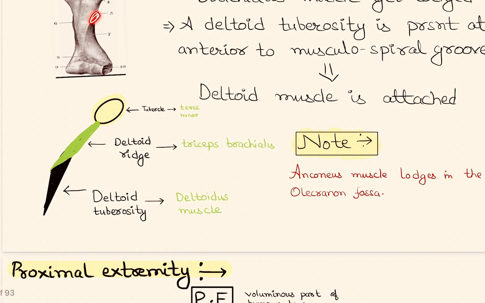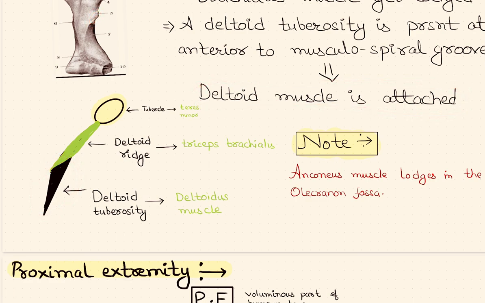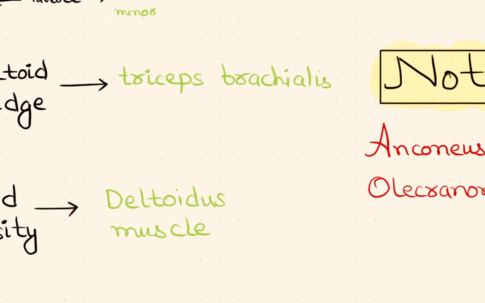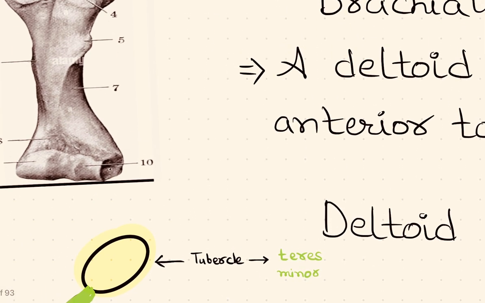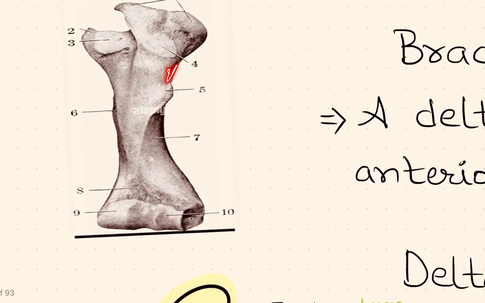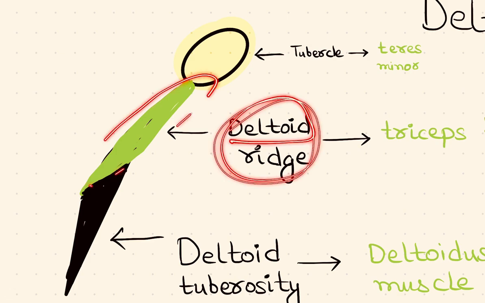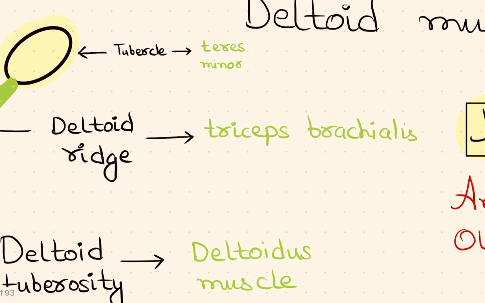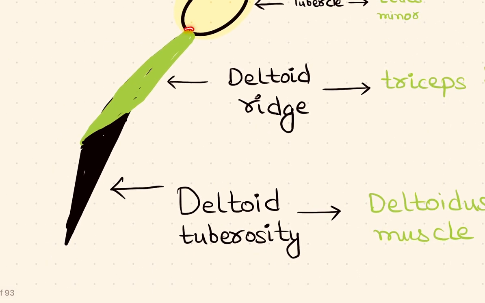And via this deltoid tuberosity, which muscle gets attached? The deltoid muscle. Above this deltoid tuberosity, you can see this marked region as I showed here. This is nothing but the deltoid ridge. Which ridge? The deltoid ridge. And via this deltoid ridge, the triceps brachii muscle gets attached. Which muscle gets attached to the deltoid ridge? Triceps